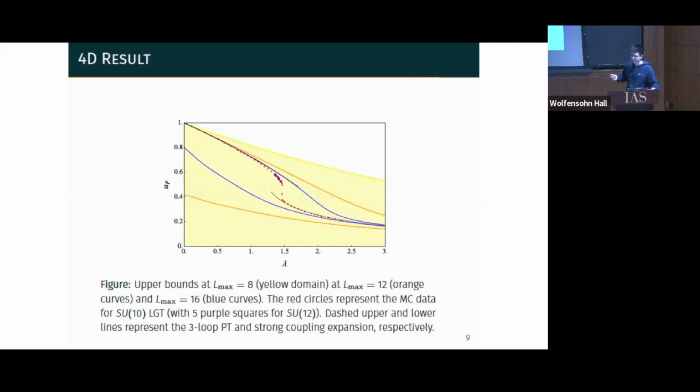heuristic argument to justify it, because in this case, your action is minus the plaquette average, and you want to minimize the action. So when you want to minimize the action, you want to maximize the plaquette, so it is close to the upper bound. But when lambda is big, the plaquette is suppressed, you are dominated by entropy, then the upper bound and lower bound are almost equally close to the exact value.